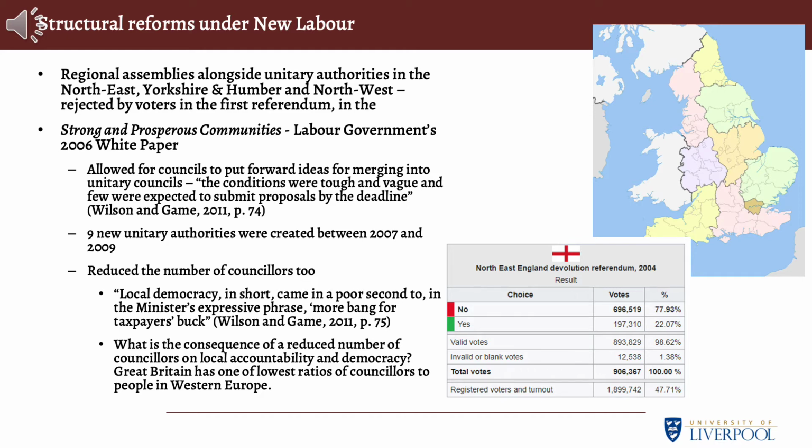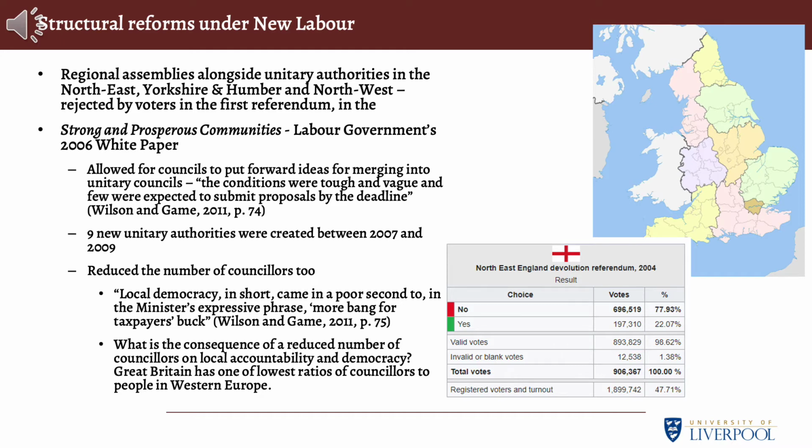And so the Labour government stopped with that, went away, thought, and came back with the 2006 white paper, which essentially argued that councils should come and put forward ideas for merging into unitary councils, because again they were seen as the optimal way of running things. And this is despite the fact that two-tier systems occur in all other Western European countries with populations of over 10 million, right? But for some reason, New Labour thought, like the major governments before them, that in Britain this is a recipe for confusion, duplication and inefficiency.